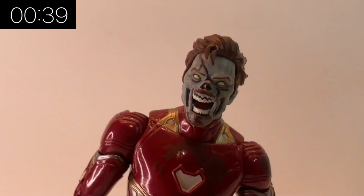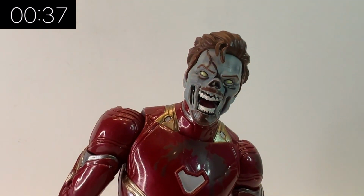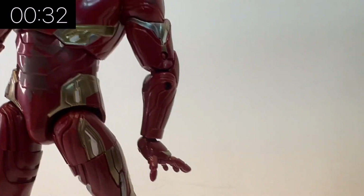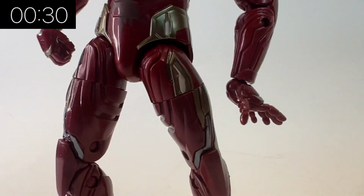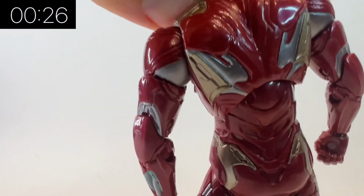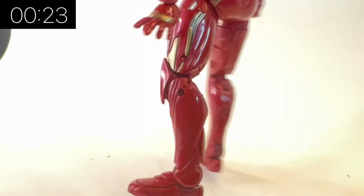But the detail is cool on it. It really is cool. You can see through his cheeks where the flesh is falling apart here. There's the rib cage exposed as well. There's also, let me just turn him around here, a little bit of exposed flesh on the back of the arm and a bone. But there's no detail on the back. The back is just as it is,